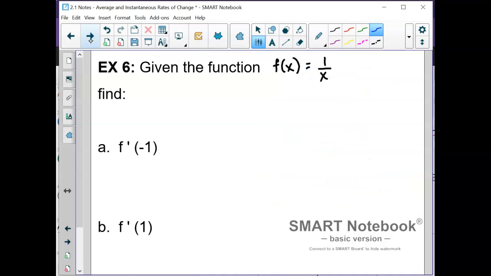Okay, here is our last question that we're going to look at, and it says, given the function f of x equals 1 over x, we are supposed to find, and here's some new notation for you, f with this little tick mark behind it, and parentheses -1. And so f with that little tick mark behind it says the derivative